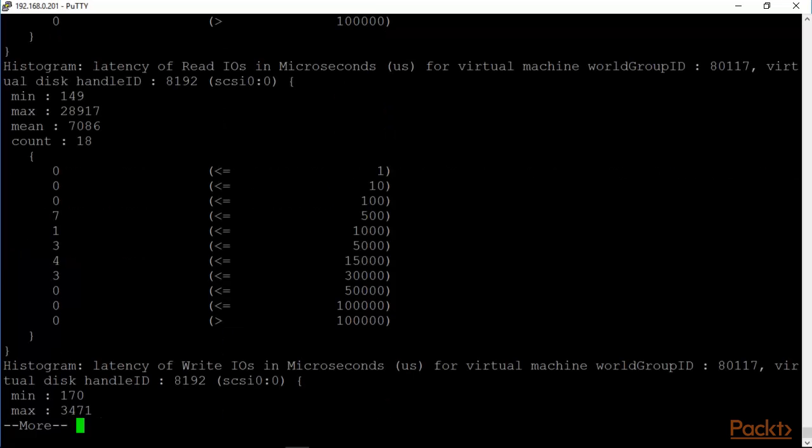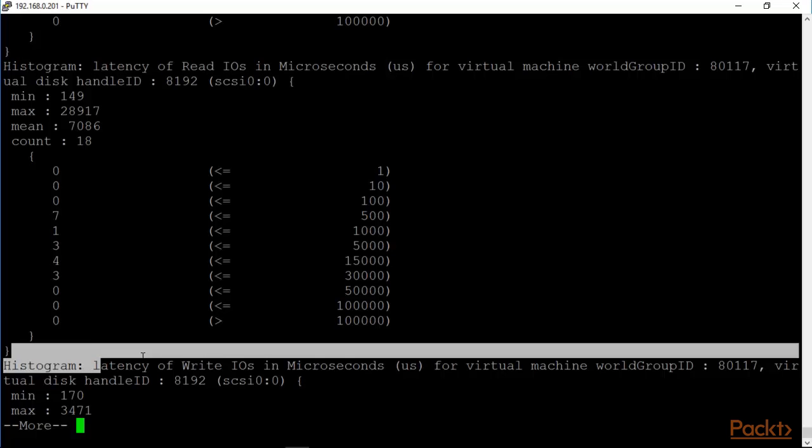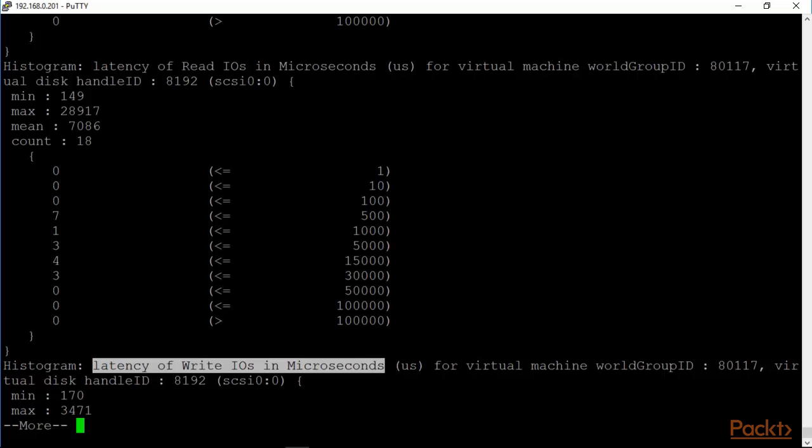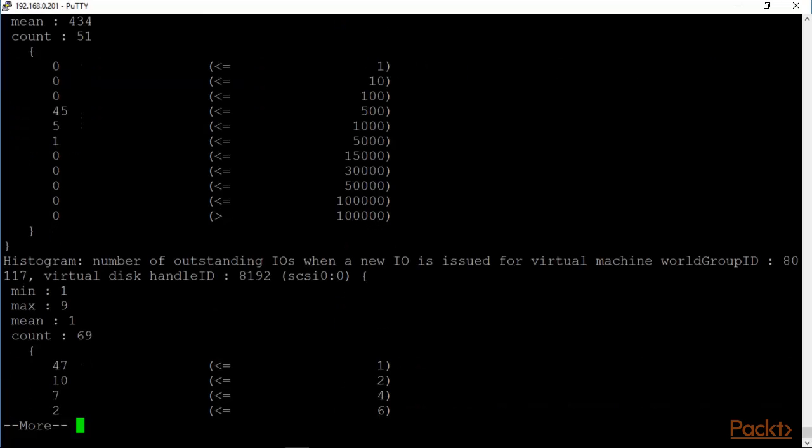And then of course the latency then becomes the read IOs latency. So this is where one can actually check your caching effectiveness, especially if you're using maybe flash read cache. I guess that would show up here as well. Latency of write IO, it's just the effectiveness of the storage array. And then number of